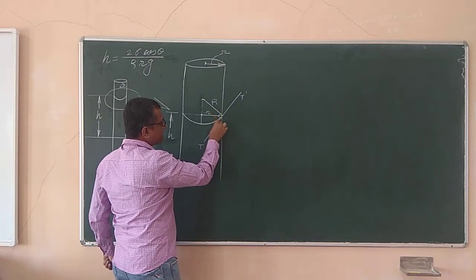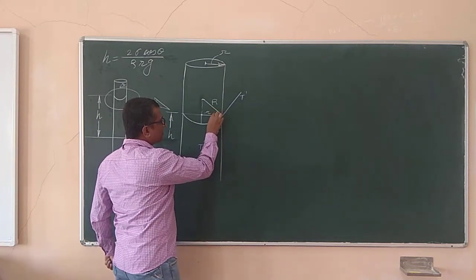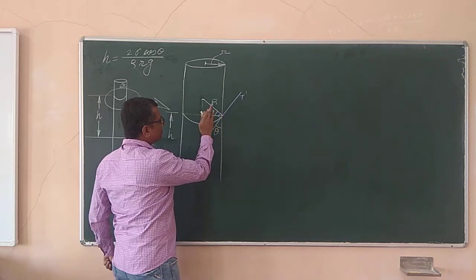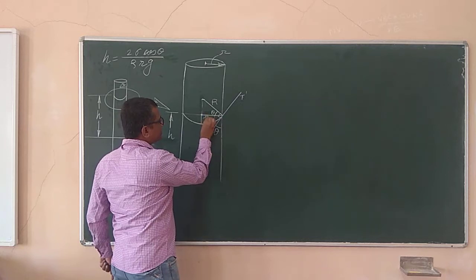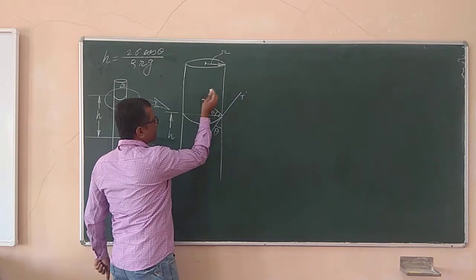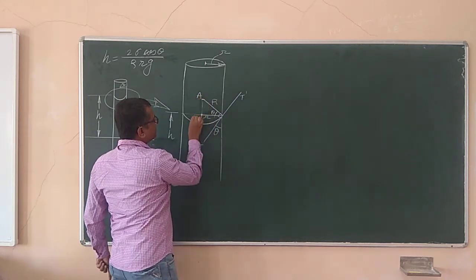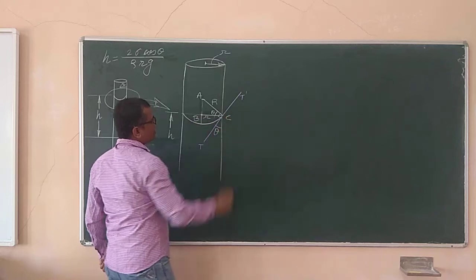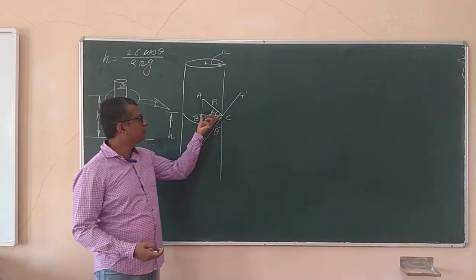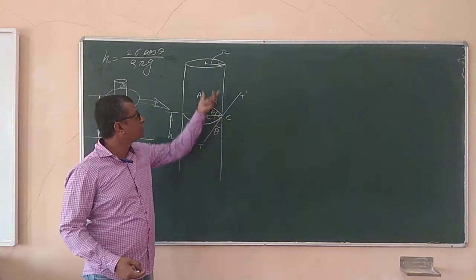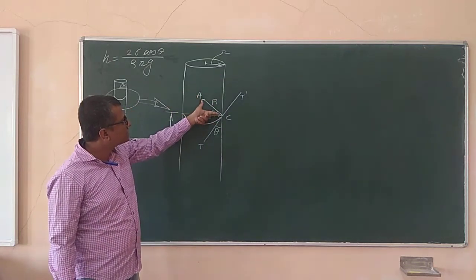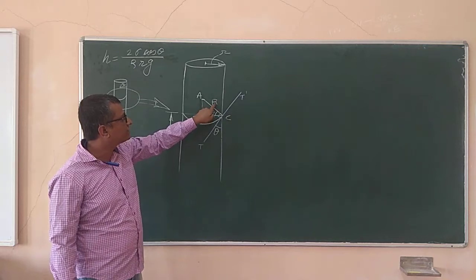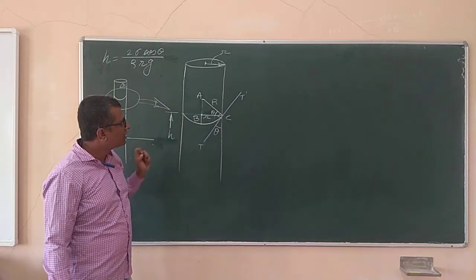So also this angle is 90 minus theta. So this also has to be theta. So the angle over here has to be theta. And this is the base of this triangle, like ABC. The triangle ABC, the base of the triangle ABC, where base is BC, is equal to small r, which is the radius of the capillary tube. The height of the triangle is AB and the hypotenuse is AC, that is equal to capital R, that is the radius of this spherical surface.